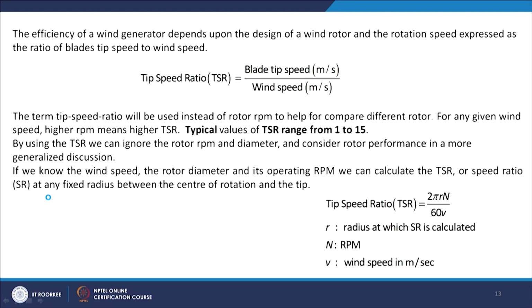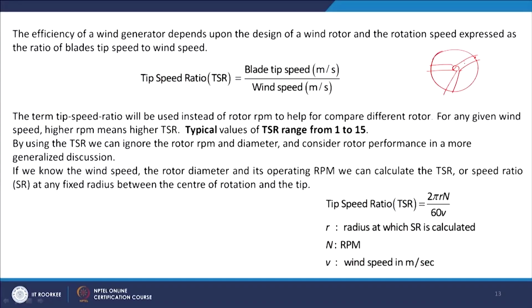Now, as you know, the power potential is proportional to V cubed, that is the wind velocity. Now, we have one blade. If we have a rotor, then we have some blades. These blades will be moving and then we will get the energy. Here this is the blade tip. It may be the end of it or any position. So, the wind linear velocity is giving the rotational movement to the rotor and to the blade also, and this